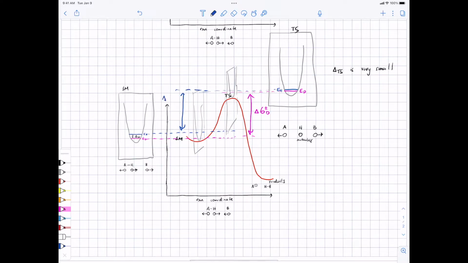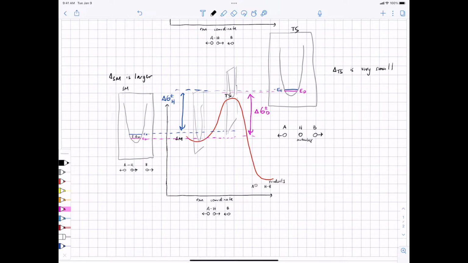And this will be the activation energy for hydrogen. Which of those is bigger? Yeah, the deuterium activation energy is bigger,